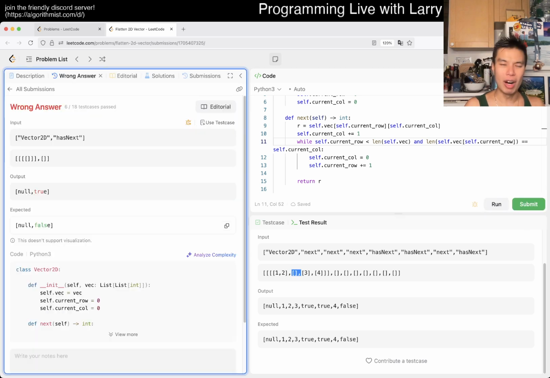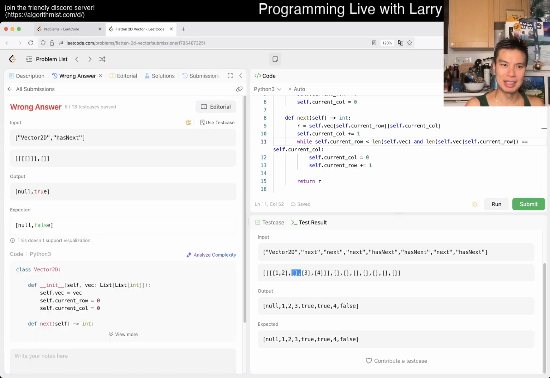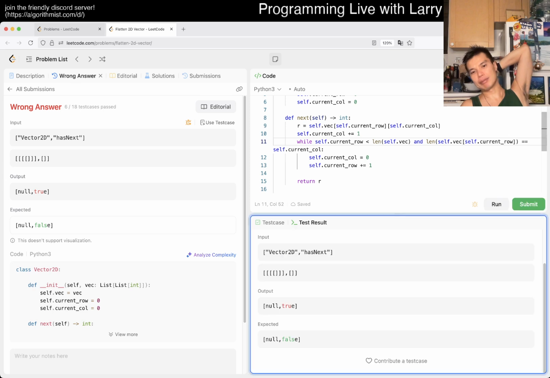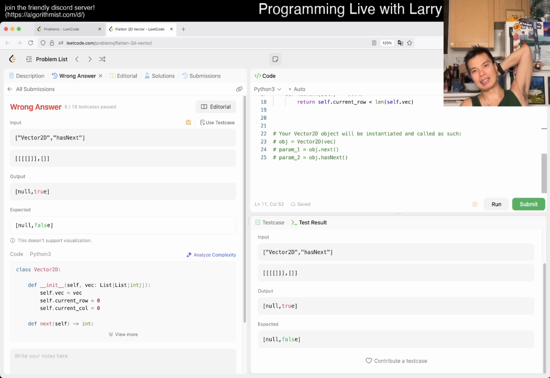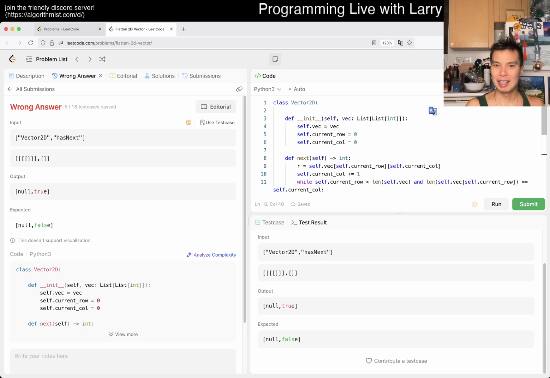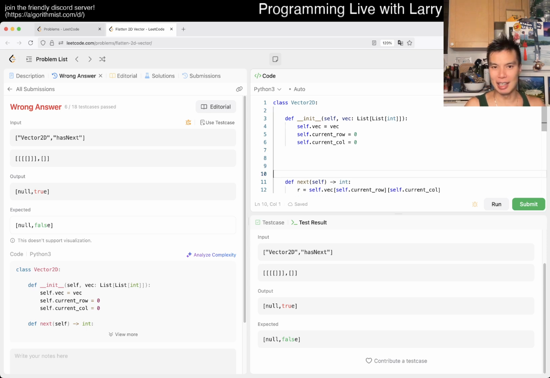Hopefully, oh, empty of empty. Oh, I guess that makes sense actually. I didn't really consider this case of everything being empty for has next, because now we never iterate. So I think what I need is a helper thing, right?